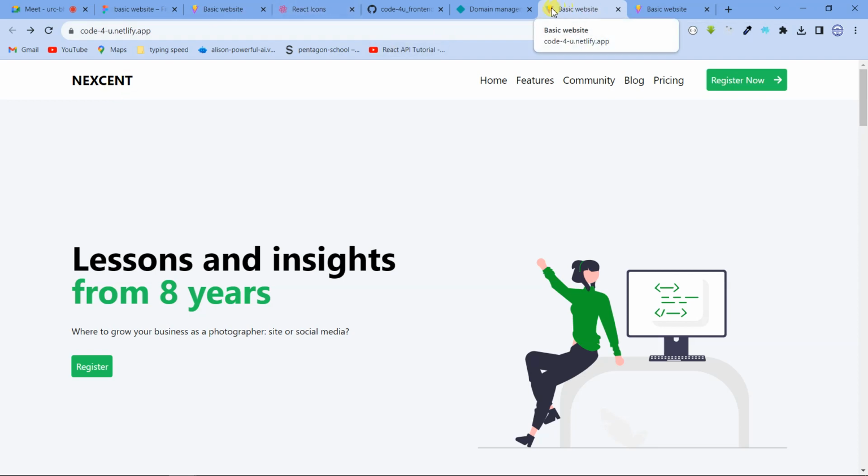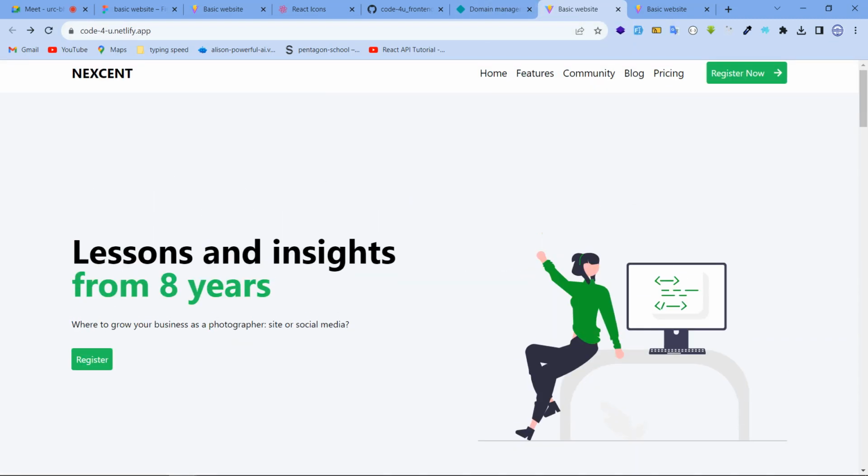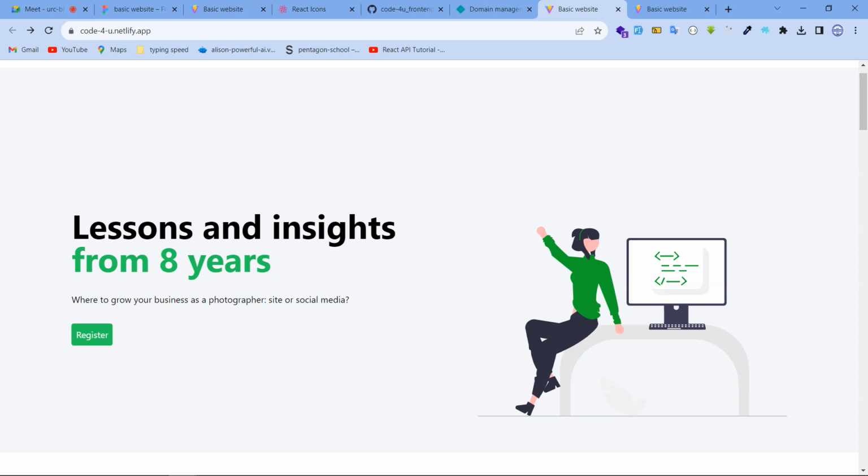this basic website app here. We can change it to code for you. We can even add loading functionality. When you click here, it's going to show something loading on the screen before everything shows, like when it's loading. Okay,